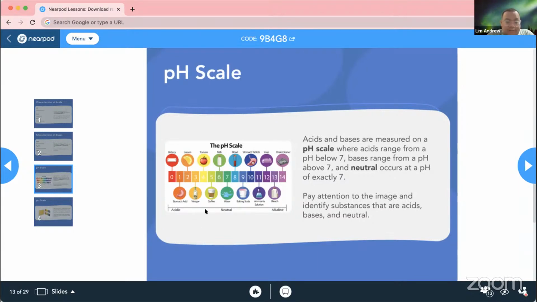If we look at this pH scale table, we know that battery acid is the most acidic substance, followed by our stomach acid that is used to digest food. Then we have lemon at number 2, vinegar at level 3, tomatoes at level 4, coffee at level 5, milk at level 6, 7 is water, 8 is blood, baking soda is 9, stomach tablet is 10, then we have ammonia solution 11, soap is 12, bleach is 13, and last but not least, drain cleaner is number 14.